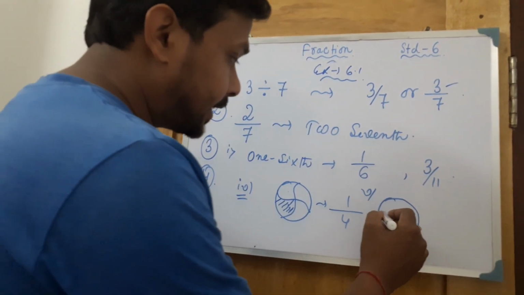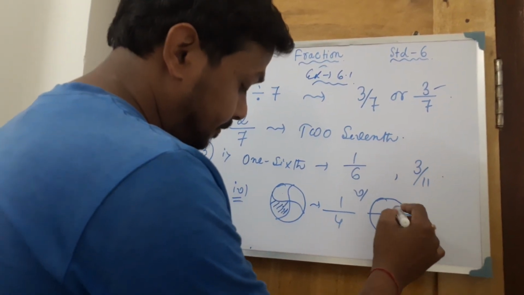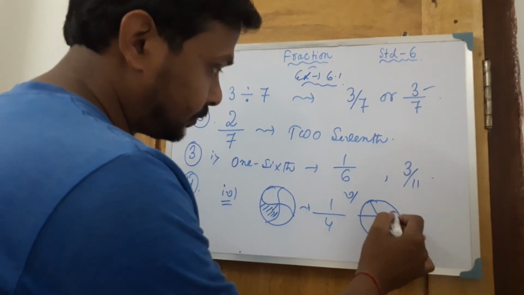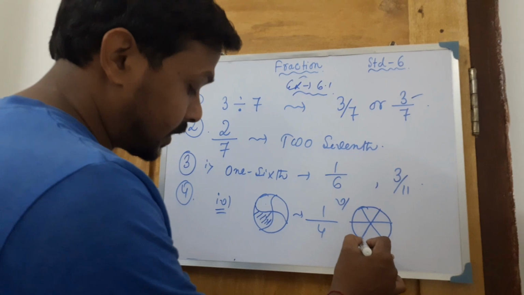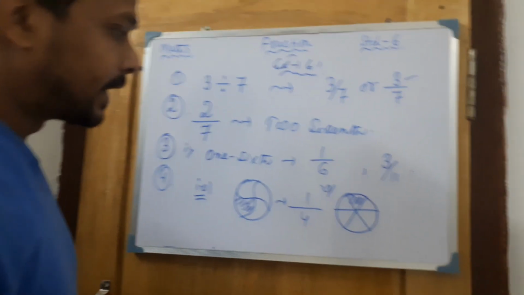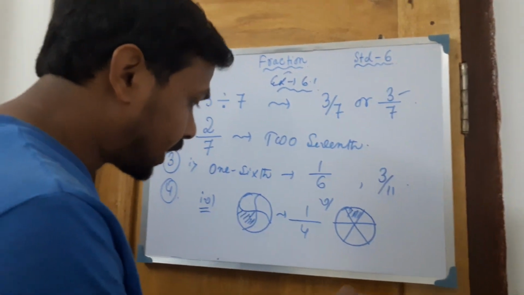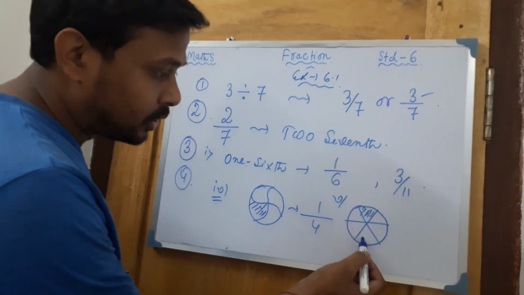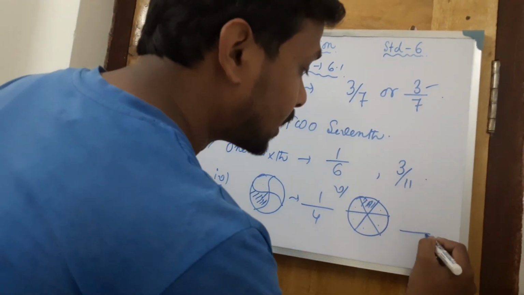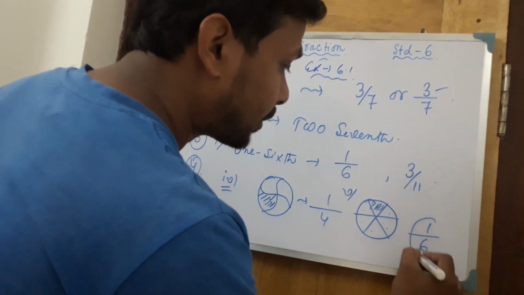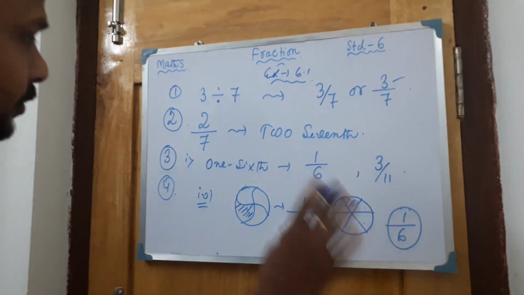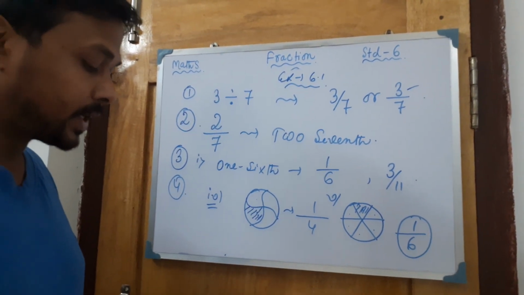Suppose you take another example, that is the fifth one. If you take it, then this type of diagram is made, and another one is this one. Now this portion is the shaded portion over here. Okay, now if this portion is shaded, means what? How many equal parts are there? 1 2 3 4 5 6 equal parts are there. Within these 6, 1 is shaded. So 1 by 6 will be the answer of this question. Clear? So in this way you can complete question number 4.